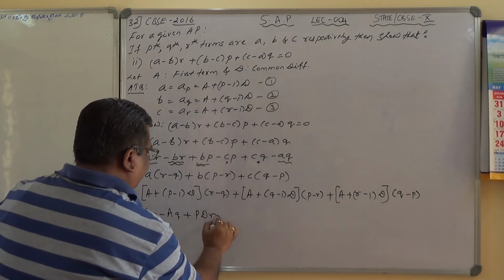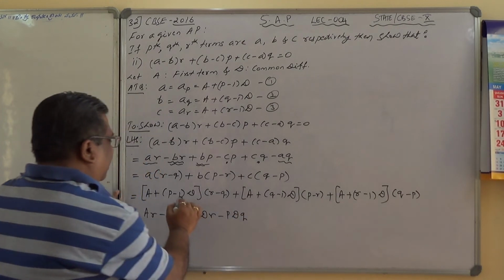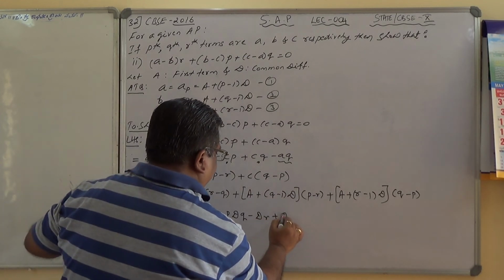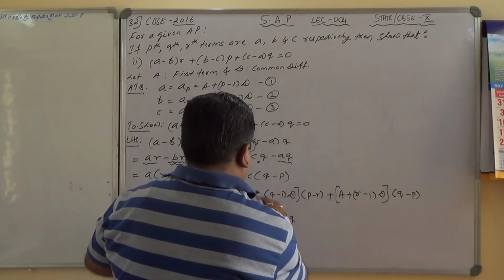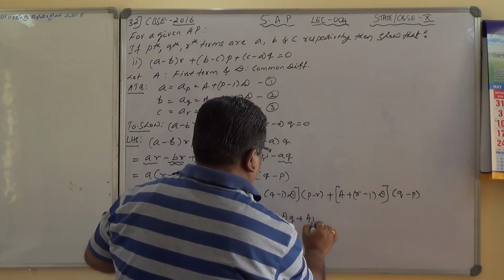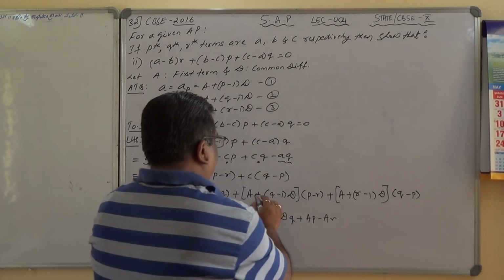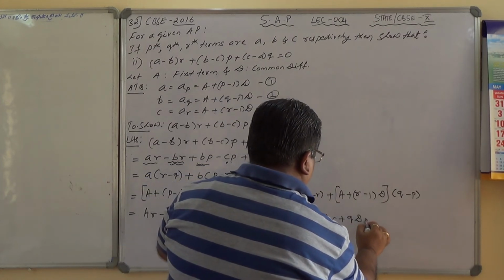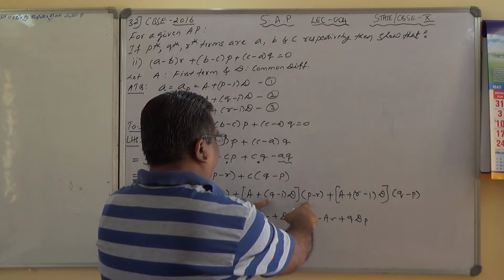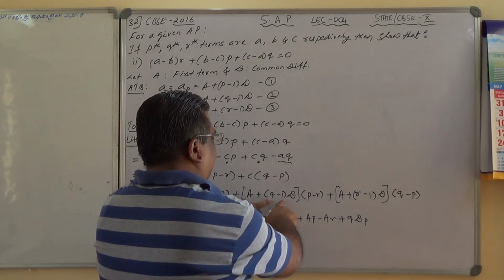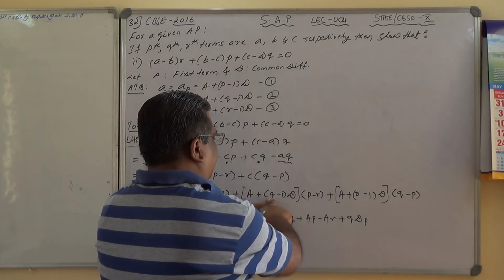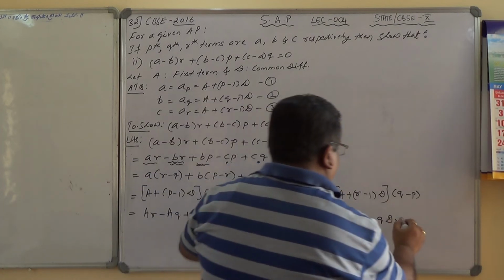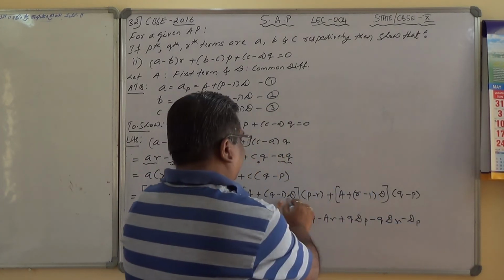plus PD minus PDQ minus DR plus DQ plus AP minus AR plus QDP minus QDR minus DP minus of minus plus DR,